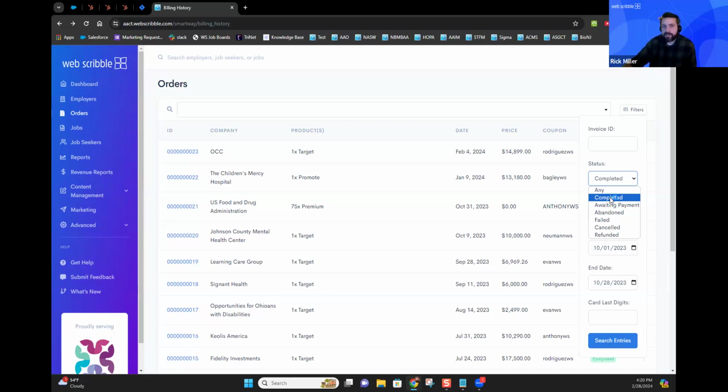So it's something that we don't issue by default in the client role. That's something that we might be able to retrieve, Deb, if something ever happens where an order was deleted. You could reach out to us specifically and we could retrieve that. But by default, we don't offer the filter by deleted. We want to do our best to not delete orders unless it's absolutely necessary. But you can always reach out to me if there's an extenuating circumstance or specific issue that you're having with an employer, and we can take a look together.